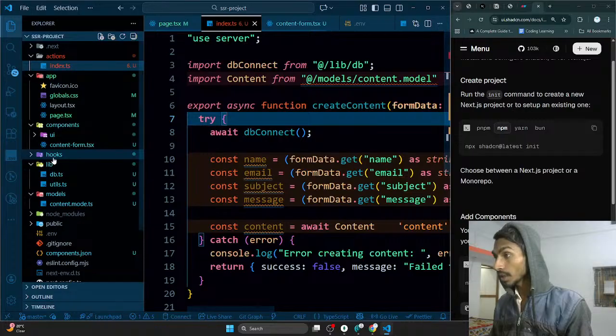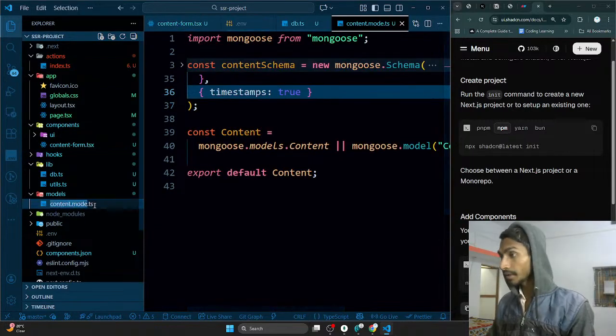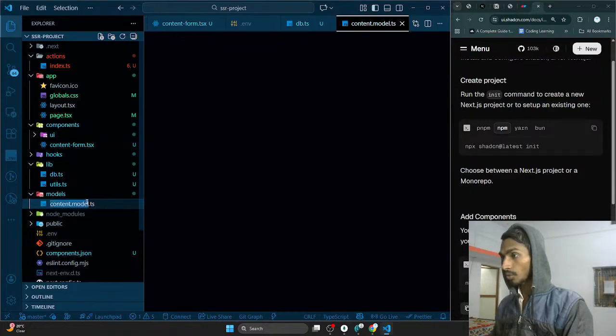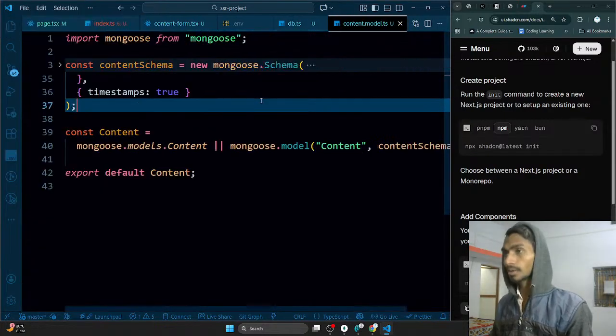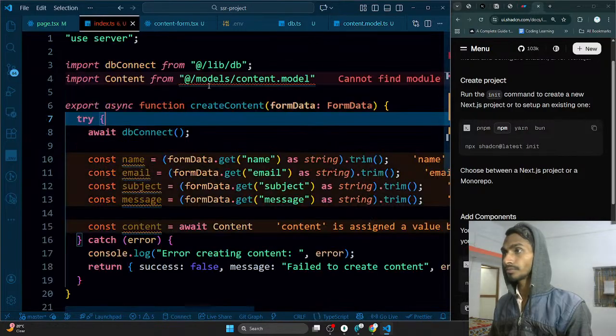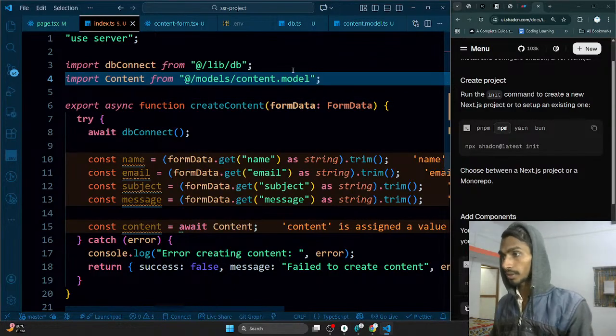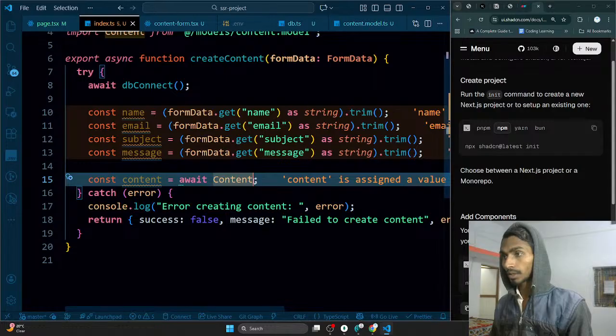Is there any problem with the naming? Yeah, that's right. Content model, not model. contentModel.ts. Any problem as such? No problem as such. I got my content. Content dot